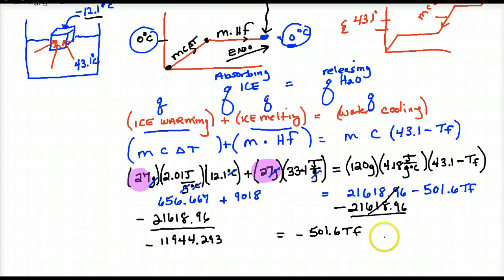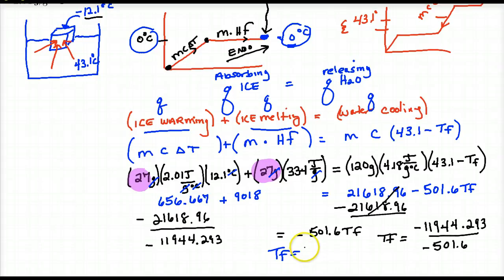So TF is equal to a negative 11944.293 over negative 501.6. Okay, put that in your calculator. And TF, let's change it up because I can. TF is equal to